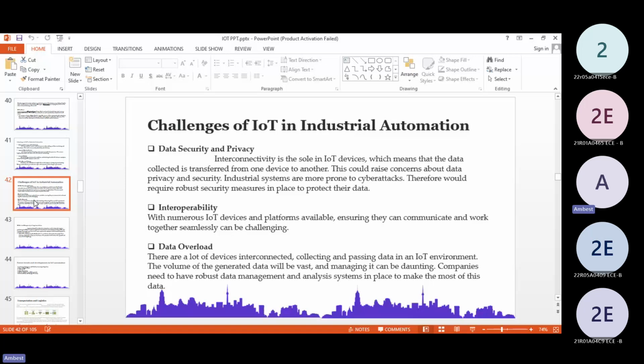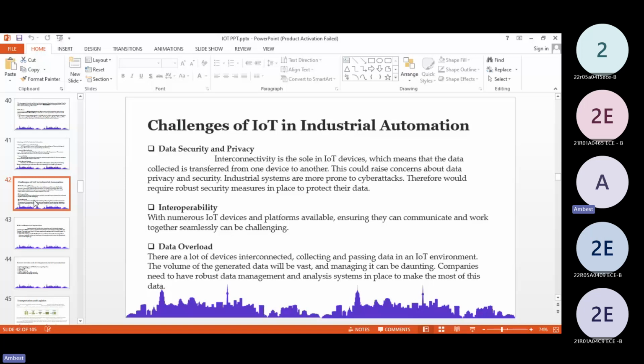So data security and privacy come into play here. IoT devices often work by transmitting data from device to device. So the data is transmitted from device to device, and this could raise certain concerns about data privacy and security.